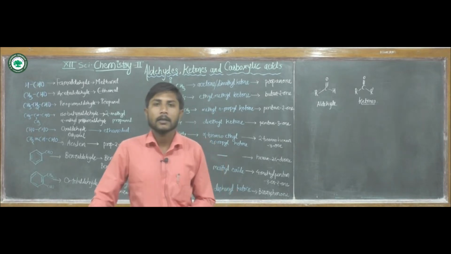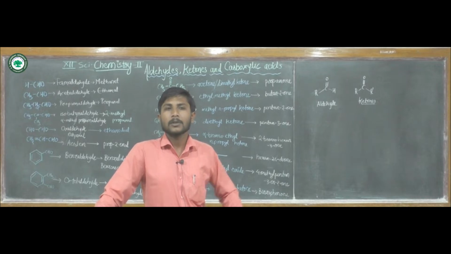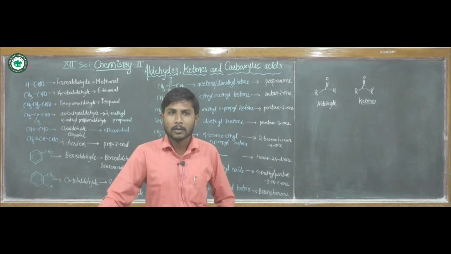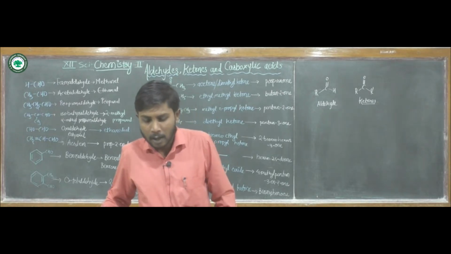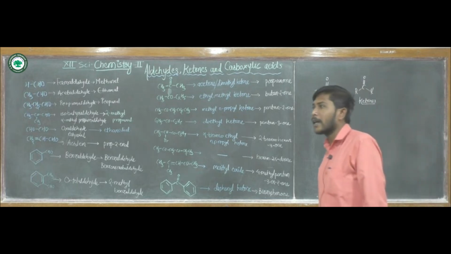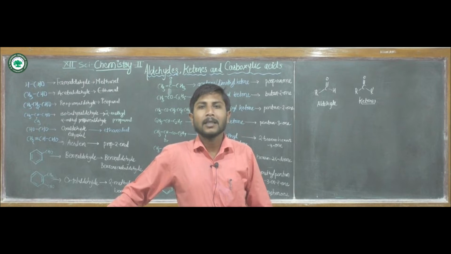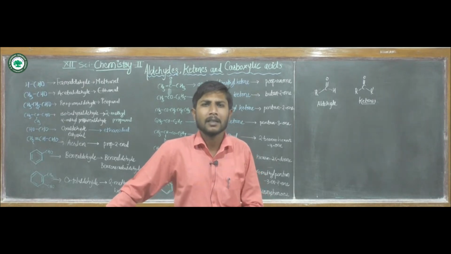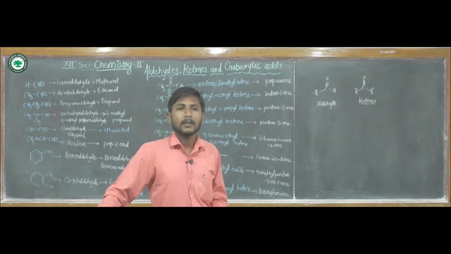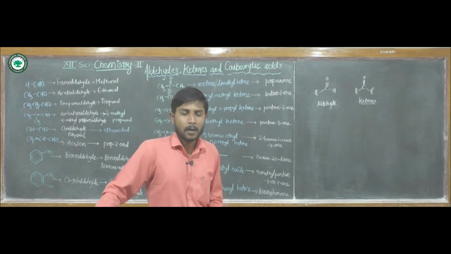In the previous lecture, we were discussing carbonyl compounds, or compounds containing the carbonyl carbon as a functional group, which include aldehydes, ketones and carboxylic acids. We have seen that aldehydes and ketones can be classified on the basis of carbon skeleton. For example, aliphatic aldehydes and aromatic aldehydes. In ketones also, we have seen aliphatic ketones and aromatic ketones.